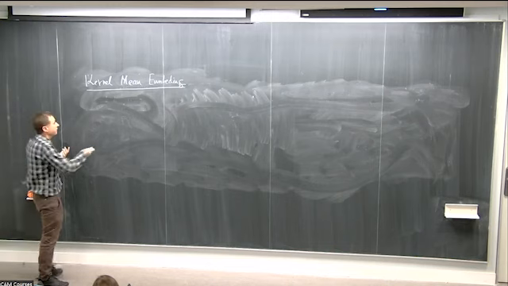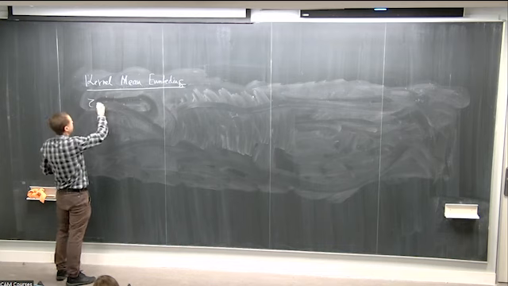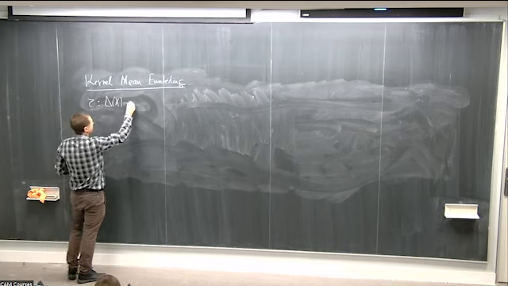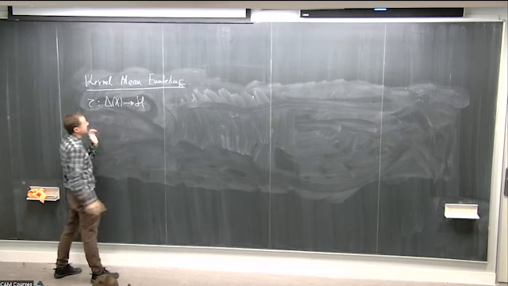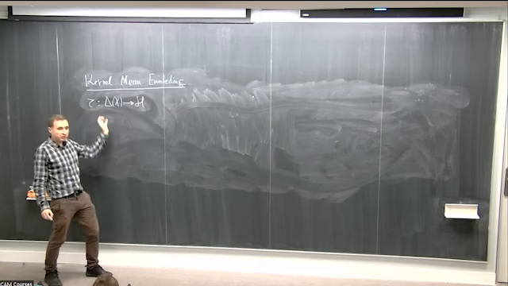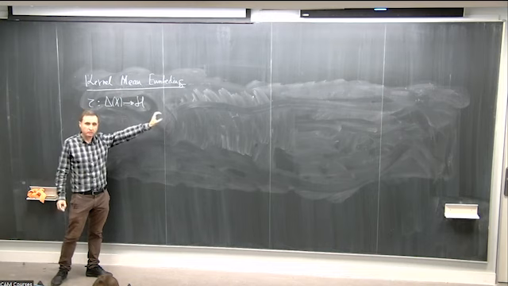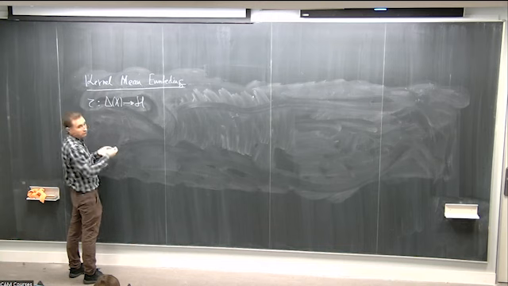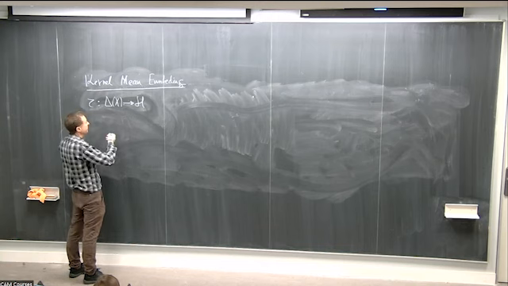So when people talk about the kernel mean embedding, basically the transformation that they have in mind is to transform the probability distributions into a reproducing kernel Hilbert space, and it is the extension of the canonical feature map that we